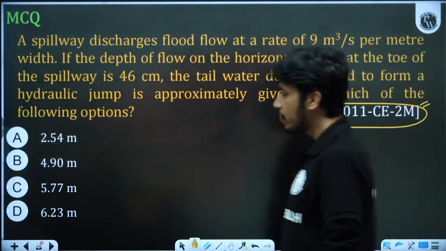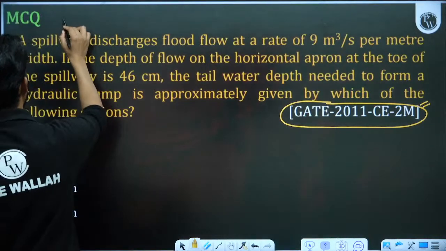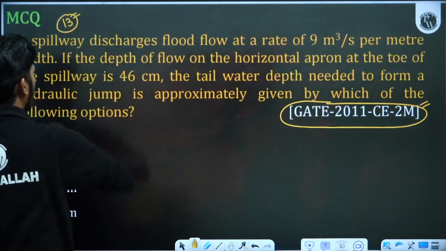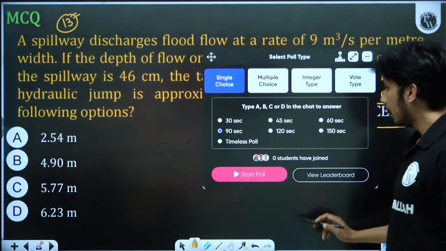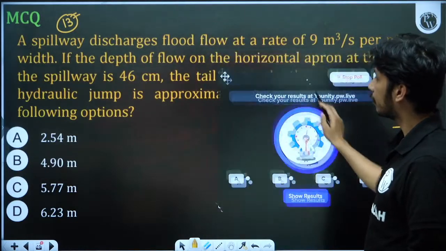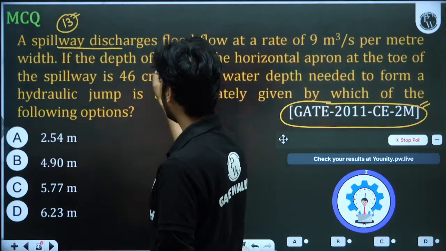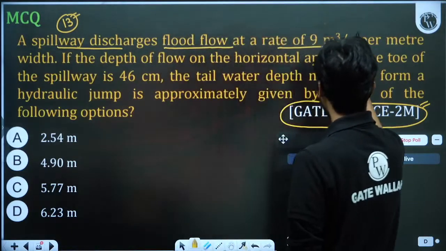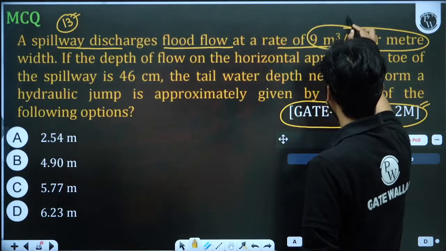तो गेट 2011, 2 मार्क्स का क्वेश्चन है। नेक्स्ट क्वेश्चन नंबर 13, इसको सॉल्व करिए। इसके लिए मैं आपको 150 सेकंड का टाइम दूंगा। क्वेश्चन क्या है, एक स्पिलवे है, स्पिलवे मैंने आपको लास्ट क्लास में दिखाया था, डिस्चार्ज कर रहा है 9 मीटर क्यूब पर सेकंड पर मीटर, मतलब ये स्मॉल क्यू की वैल्यू है क्योंकि पर मीटर लिखा हुआ है।